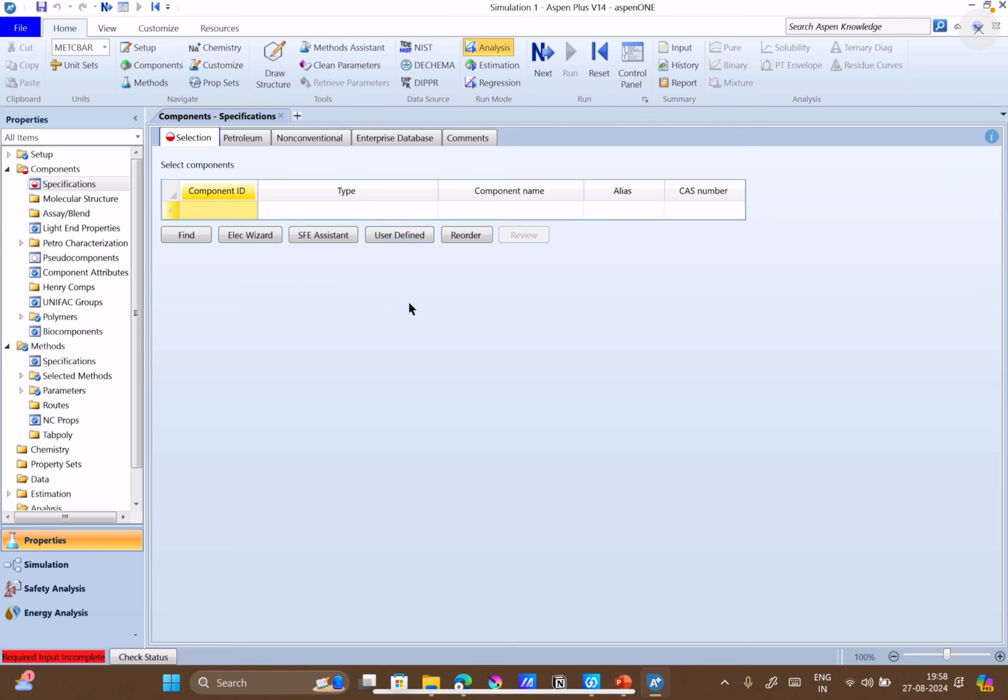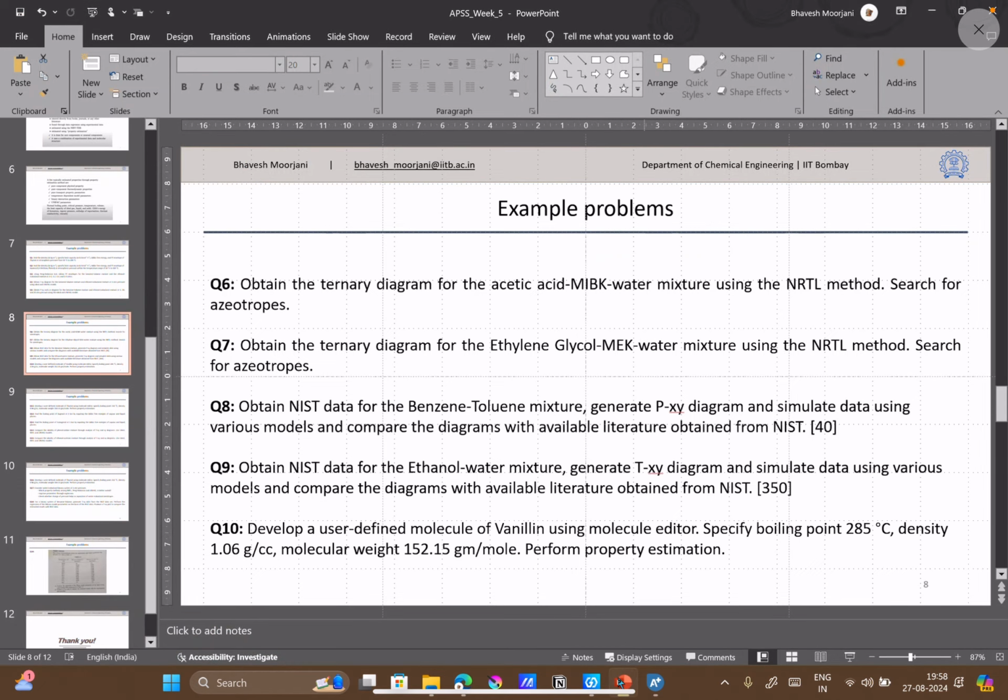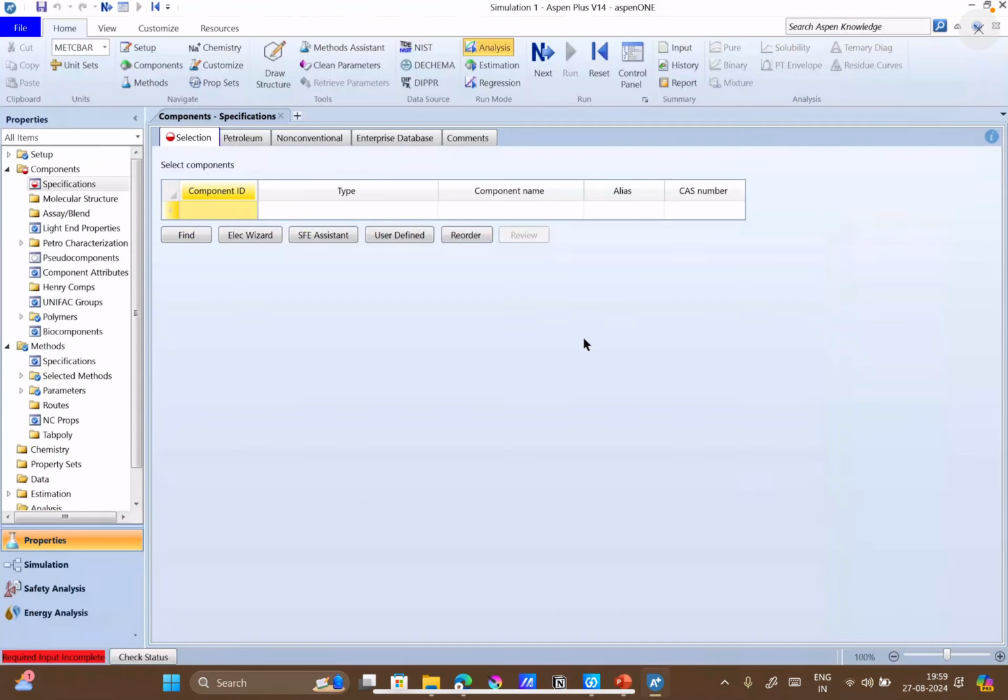For that we can use the Aspen Plus tool to do some basic property estimation. So right now what we will do is define one molecule, vanillin, through the molecular editor.